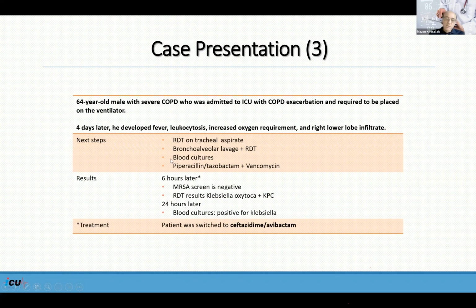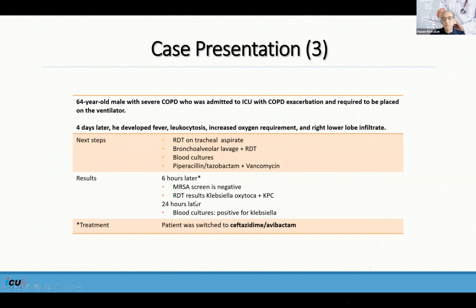This is not our usual choice for ventilator-associated pneumonia. We prefer to use cefepime and vancomycin, excuse me, just for the risk of increased nephrotoxicity with a combination of piperacillin tazobactam and vancomycin, especially if you use it for more than 3 days. Now we got the results 6 hours later. Okay. We have MRSA screen that is negative, and that means that we do not need the vancomycin here, but